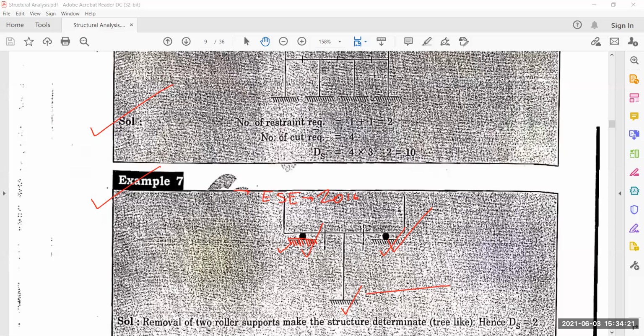You put r dash is equal to 1, 2, 3 or so on. After that you just see your structure, means your structure is fixed. You see your structure as a tree, cut all the branches. So after cutting the branch, you count the number of C, that means the number of cuts.